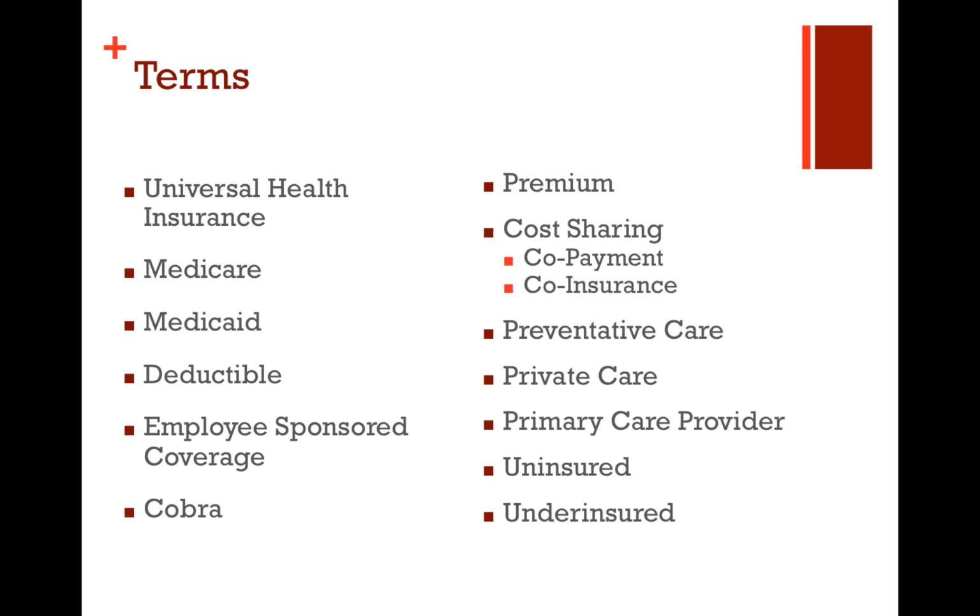That's not to say that there is not private insurance in England, in the United Kingdom. There is, that you can then use to see doctors outside of the National Health Service. But everybody who lives in England and is a citizen has a right to see a doctor at the National Health Service. That's one way of doing universal health care.